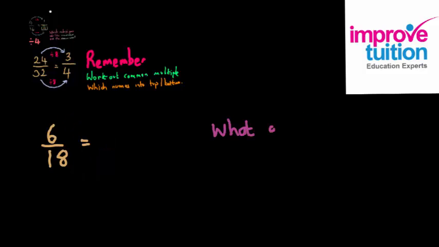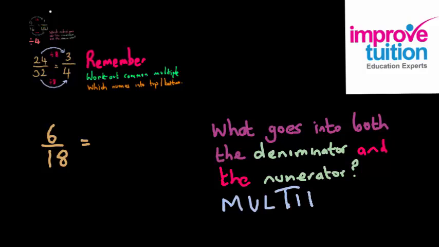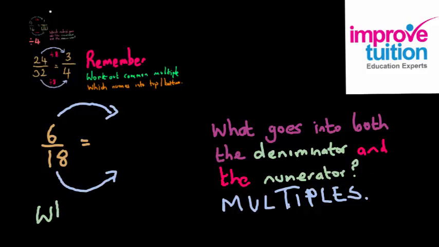Now, if we go on to another question, 6 over 18. If we have 6 over 18, I'm just going to go through that again. What goes into both numbers? What goes into the denominator and what goes into the numerator? The number that goes into both the denominator and the numerator is 6. So the multiples of 6 go into both. So if we divide 6 by 6,